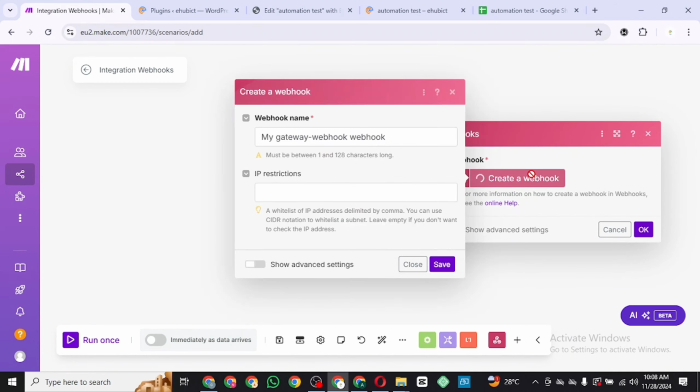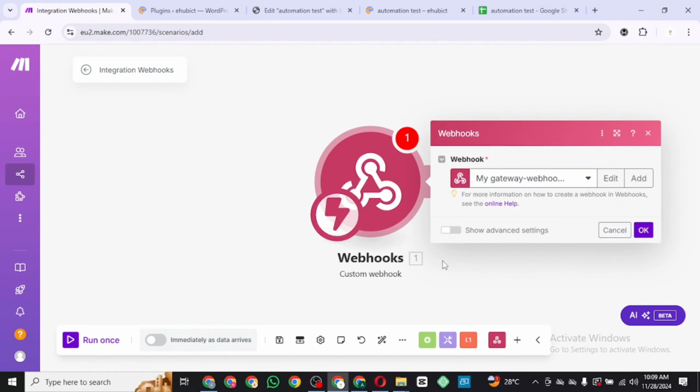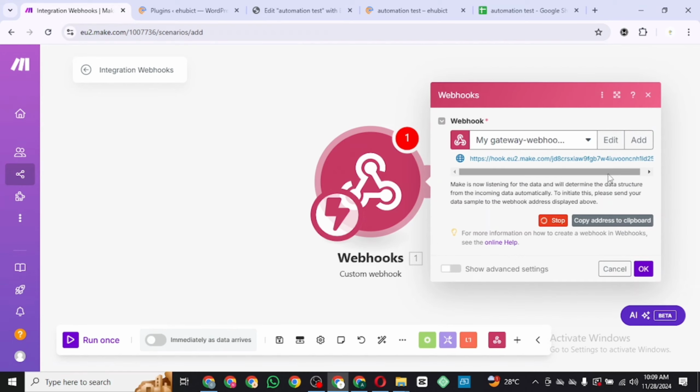Then the next thing we're going to do is create a webhook. So click on create a webhook. It gives us a dummy webhook name, and I'm going to click on save. When I click on save, it creates the webhook for me. Right now it has done this. We're going to copy the webhook, copy address to clipboard. Then